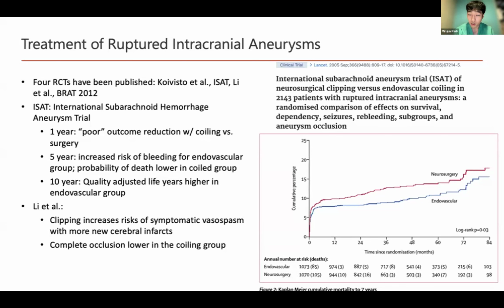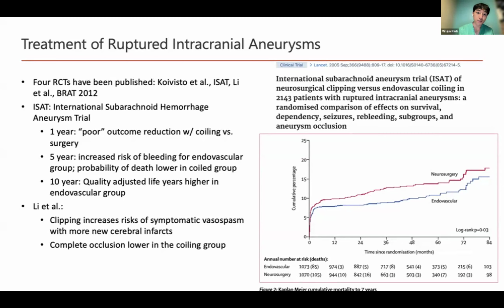It seems like overall, they actually published 3 papers with 1-year, 5-year, and 10-year follow-up. The entire paper connoted that endovascular management is positive in terms of quality adjusted life years and things like mortality, if you see the graph on the right. But they do also point out that if you do coil, there are concerns of rebleeding and concerns regarding complete occlusion. Overall, this paper was leaning towards endovascular treatments being on the positive side.